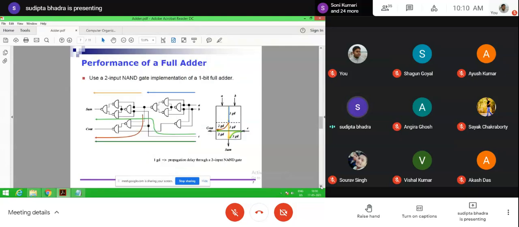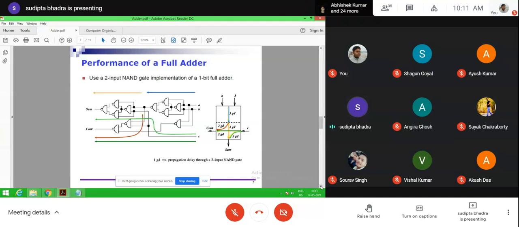Now, if we see the NAND gate implementation, NAND gate is a universal gate. Using NAND gate, you can realize any particular gate, AND, OR, XOR, but the number of NAND gates will be different.